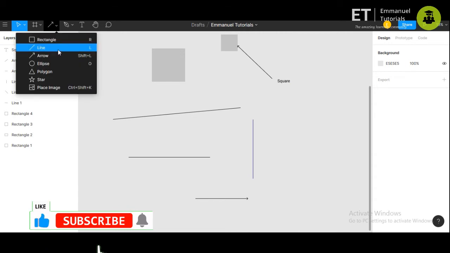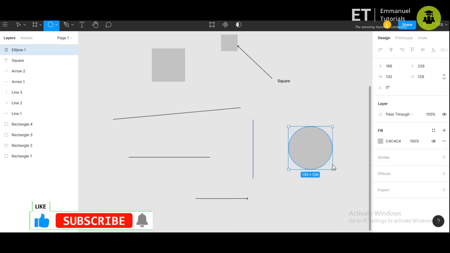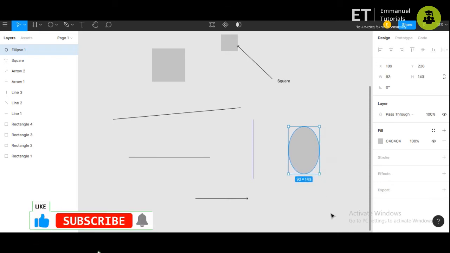Next we'll try the ellipse. Again, you can just drag the cursor in whatever direction you want. So you can make an elliptical shape, or you can also make a circle, because an ellipse which has both equal height and width will be a circle.